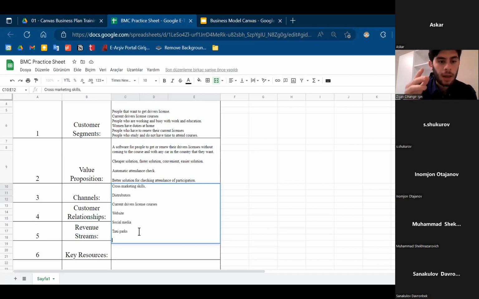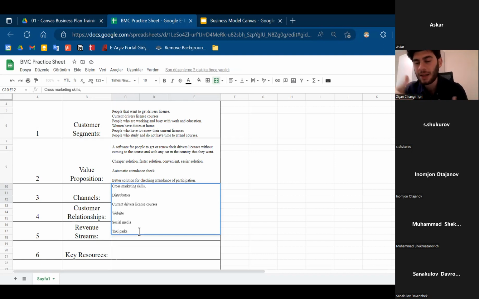Oh, that's good. Okay, so taxi parks, right? I can't remember the English word for that. Did I write it correctly? Was it taxi parks? Yeah, we name it taxi parks. Okay, no problem. I couldn't remember the English word for it, so no problem if everybody understands. That's okay.